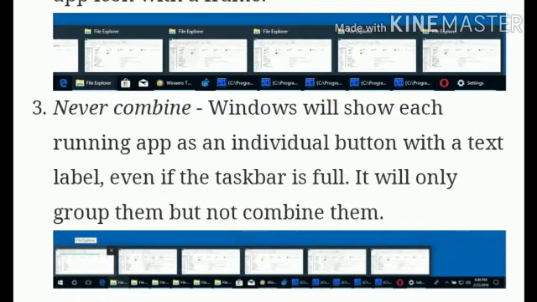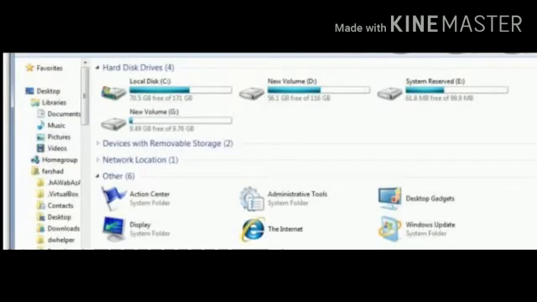Now let us see the different icons that are displayed on our desktop. The first is the computer icon. The computer icon will give you detailed information about the files and folders that are stored in the system. Here you can view all the available drives like C drive, D drive, E drive, F drive, in case you are inserting a pen drive or any other secondary storage device. The contents that are in the secondary storage device can also be seen here.